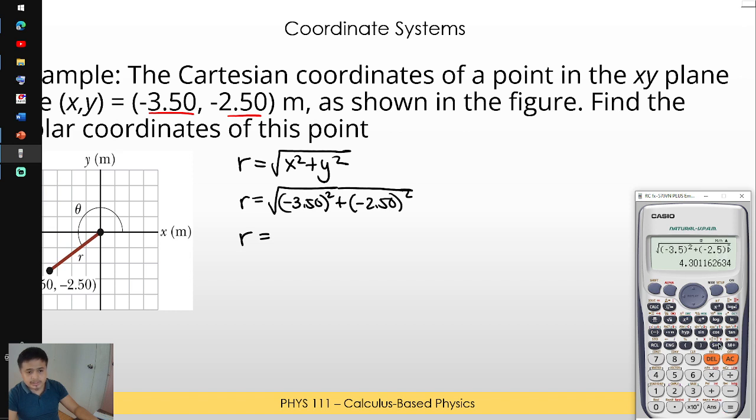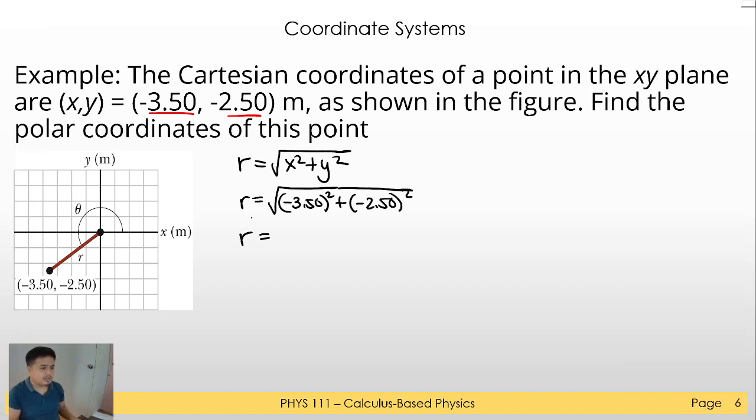So the answer is 4.3. Okay, I will just write this down to 4 significant figures. So 4.301. This is in meters, so we write this in meters. So now we want to find